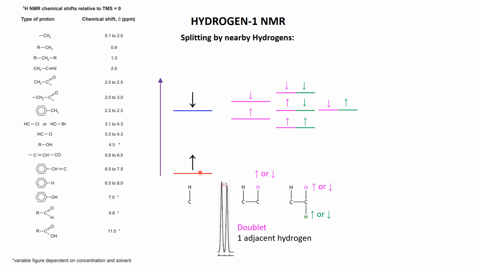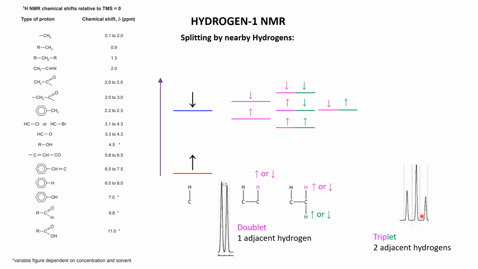Or of course you can have the high energy situation in which this one here is surrounded by two protons that are both bad, so it will have to absorb the photon to take it up to that energy. So there's three possibilities, right? Good and good, bad and bad, or good and bad. And of course the good and bad is twice as likely as the good and good or the bad and bad. So that's why when you have two adjacent hydrogens, we see a triplet